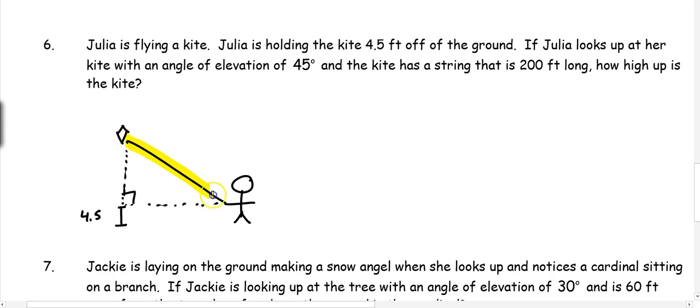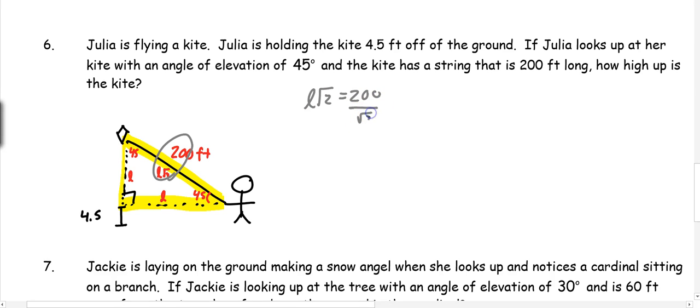So when I look at the triangle, the string is between her hand and the kite, and the string has a length of 200 feet. So when I label the sides of my triangle, this has to be a 45, 45, 90, because she's looking up with an elevation of 45 degrees. So each side of the triangle is L, and the hypotenuse is L root 2. So I'm going to set L root 2 equal to 200